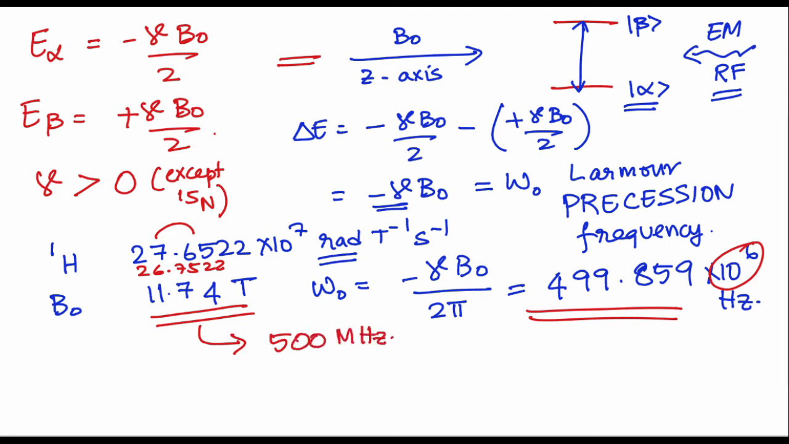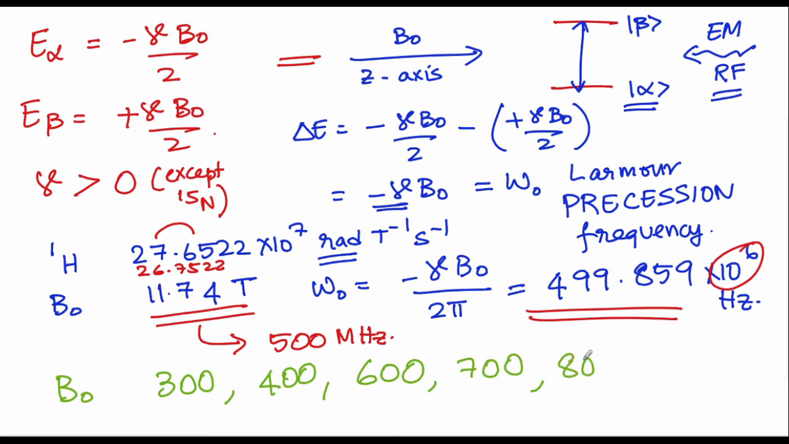The exercise for you is to find what will be the B naught when you refer to 300, 400, 600, 700, 800 and 1000 megahertz. The other assignment that I give you: what is the magnetic field of the Earth? Basically, what's Earth's magnetic field? So find it so that you understand the magnitude of the magnetic fields that we end up using